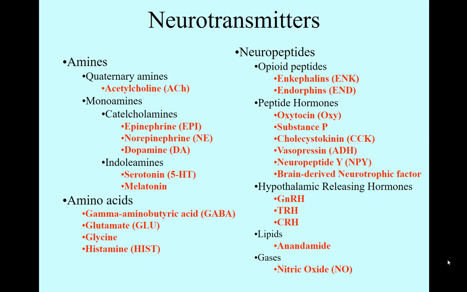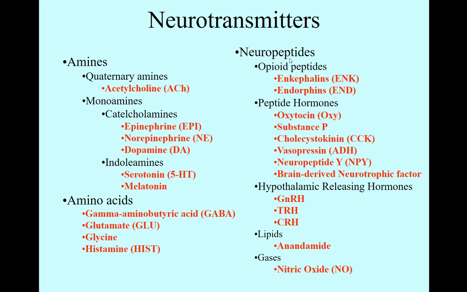So here's a list of some of the most popular neurotransmitters. They're organized by their chemical structures pretty much. But you can see over on the top over here, you have these things called amines. Okay, and it's just a chemical structure. That's what it's all about. And a particular type of amine, quaternary amine, is where acetylcholine fits. Okay, and that's interesting. I'm going to jump down here. We got amino acids and modified amino acids. That's where GABA is, and glutamate, and glycine, and histamine.